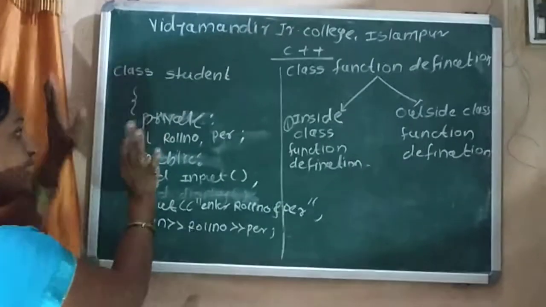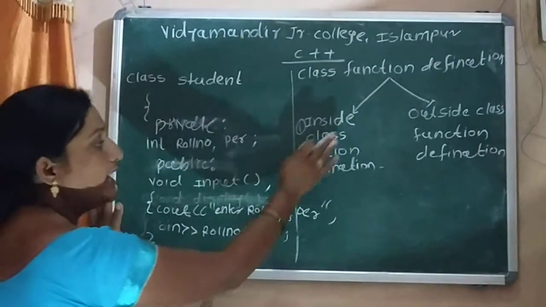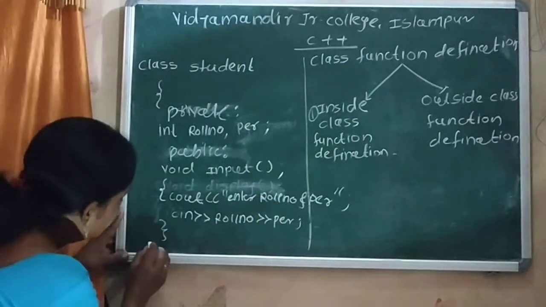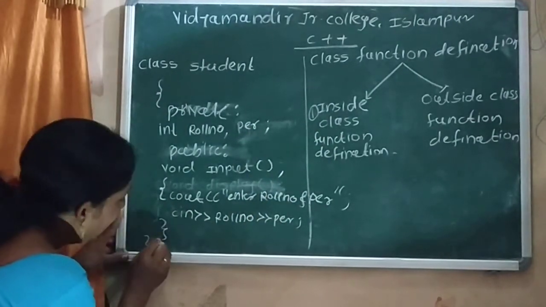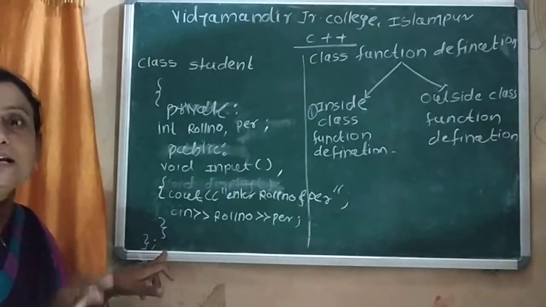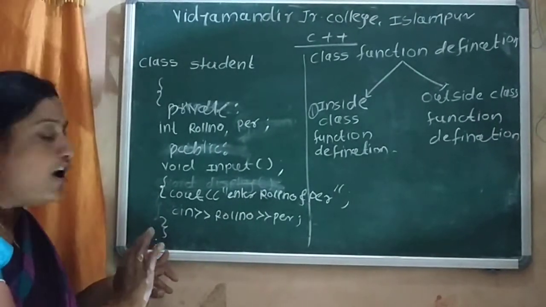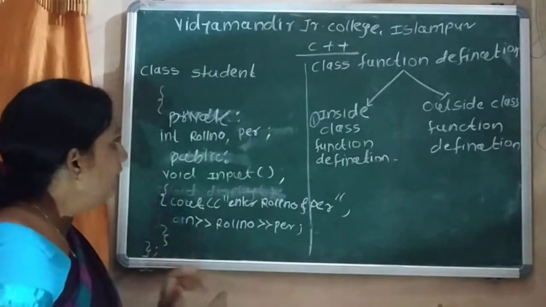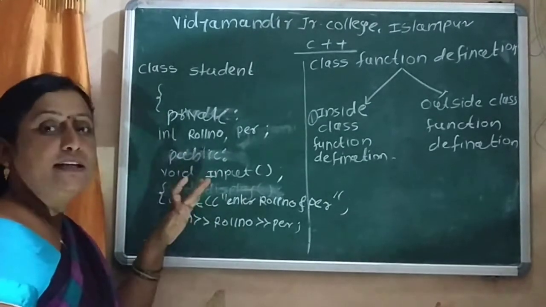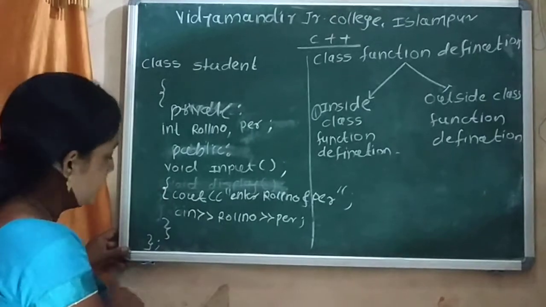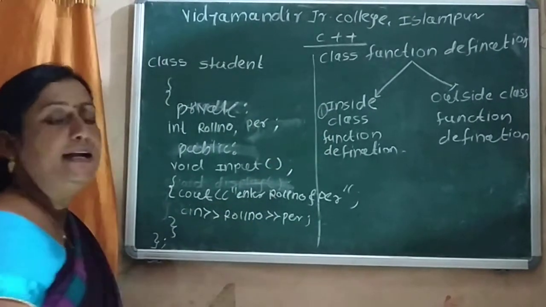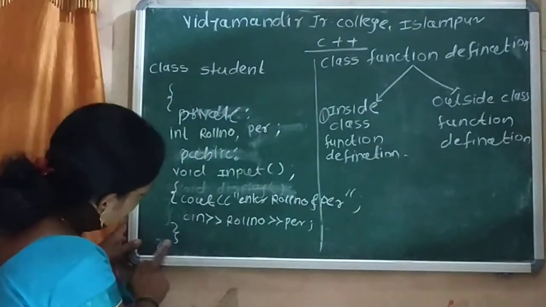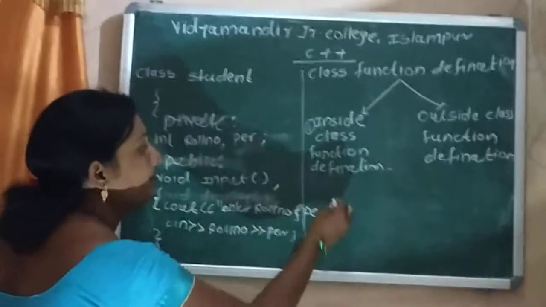After that, here I complete the declaration as well as implementation or definition of the function. So I write after that the curly bracket and give the semicolon. It tells that here is the ending of the function. Inside a class function, here is the ending of declaration as well as implementation of that function. That is the method of inside class function definition. If we use another function, then we remove that curly bracket and write.